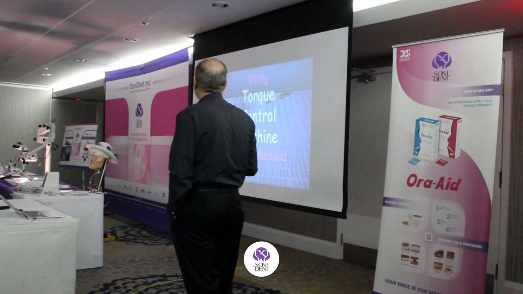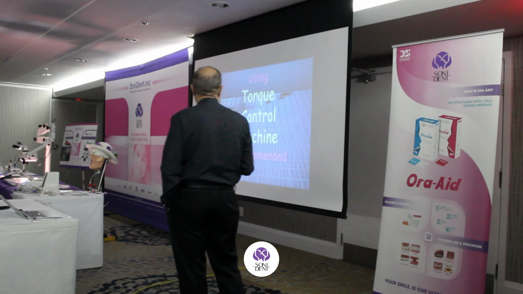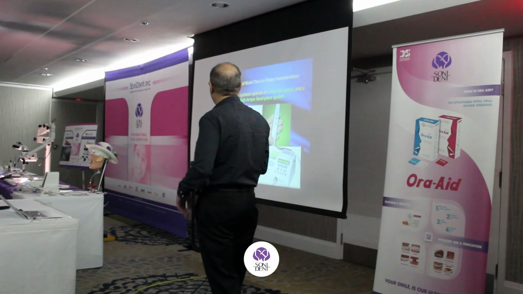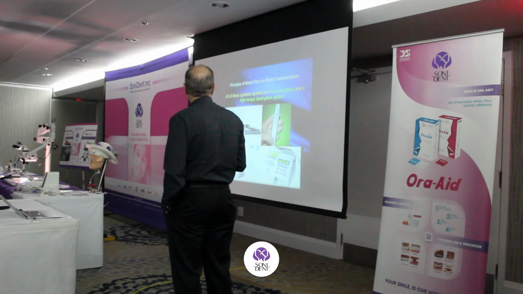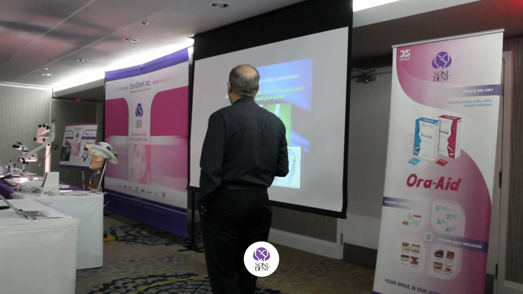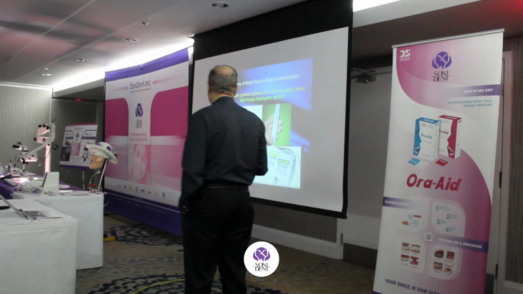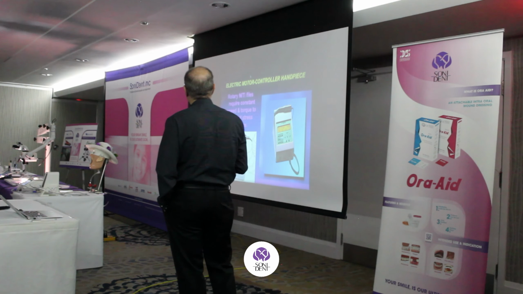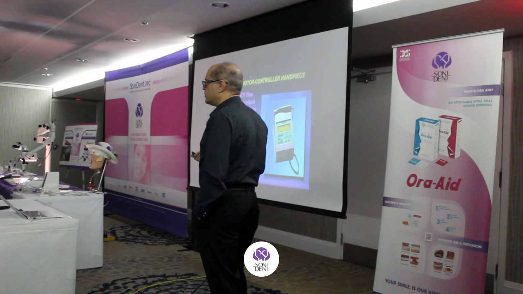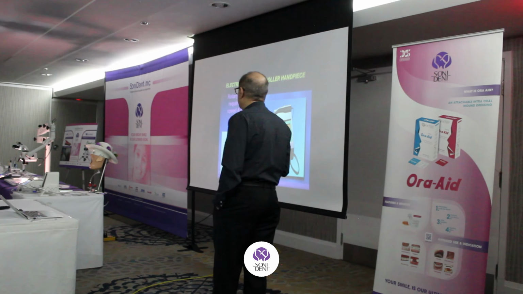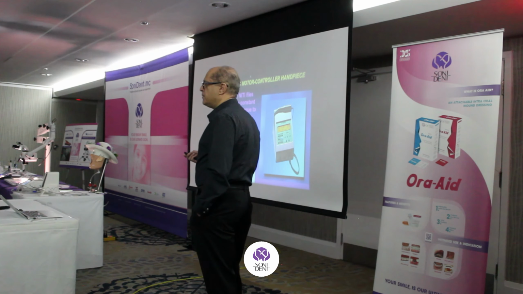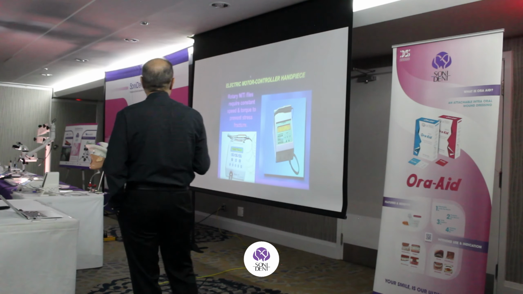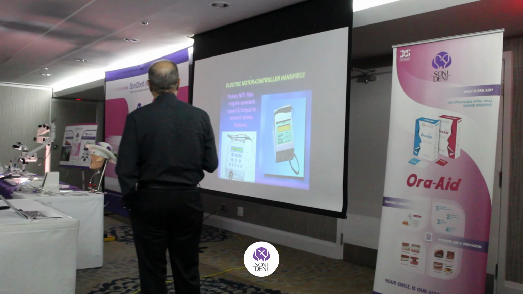So using a torque control machine is highly recommended. We have different types of motors, some wireless, some smaller, some bigger, but all of them provide very low speed and high torque rotation for the rotary instruments, because the rotary nickel-titanium file requires constant speed and torque to prevent stress fracture. So even if you use the machine, you have to check from time to time whether the machine is working properly, because one of the reasons for fracture, especially when the machine is becoming old, is that it couldn't produce